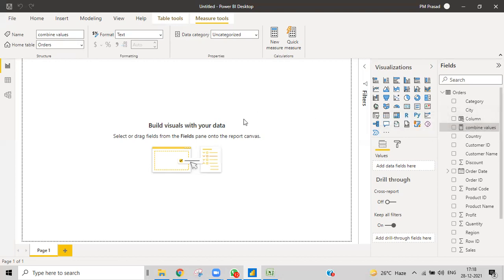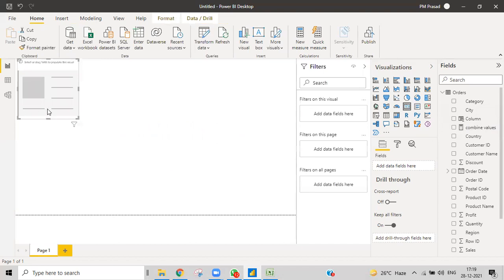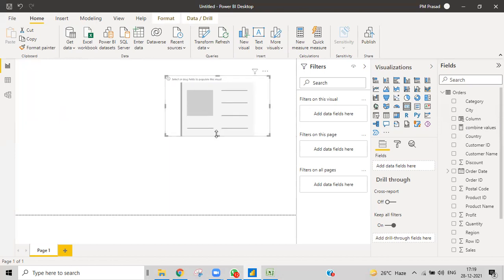Okay, I'll show that. But we do have a visual to show a scalar value, or a single value, in a highlighted way. Which visual do we use? Generally we use the card visual, which we discussed in the earlier sessions. To display a single value in a highlighted way, obviously we'll go with the card visual.